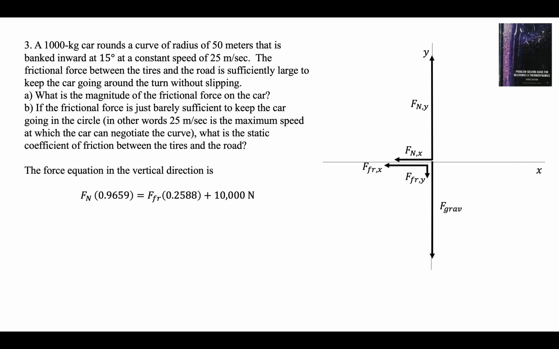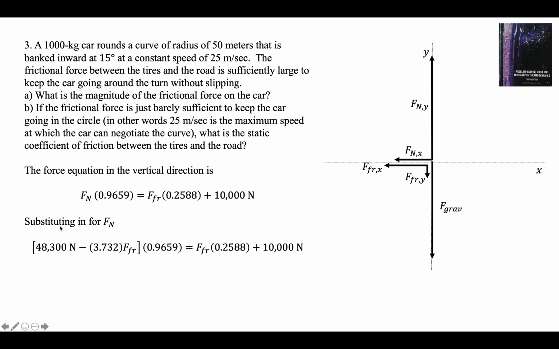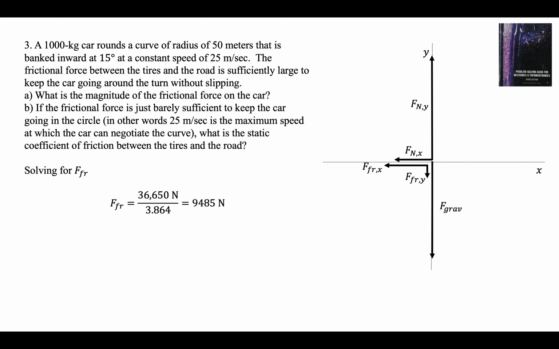So here's the vertical force equation, and we're going to substitute the expression in for Fn. There it is, and now we have one unknown. So we just multiply out this left-hand side, collect the Fr terms, subtract 10,000 newtons from both sides, and we can get Fr,